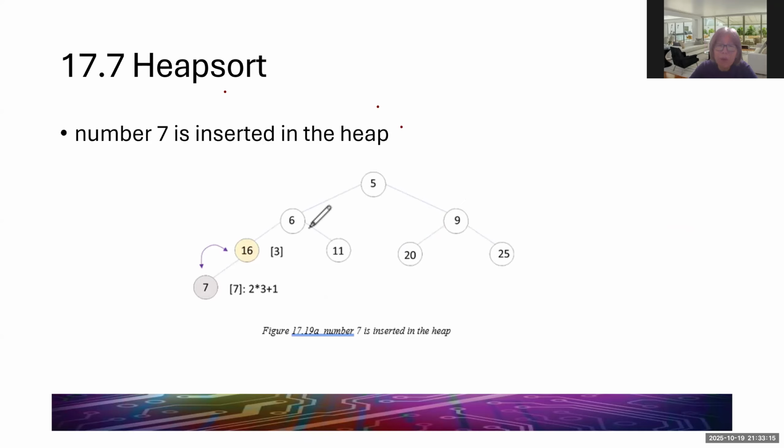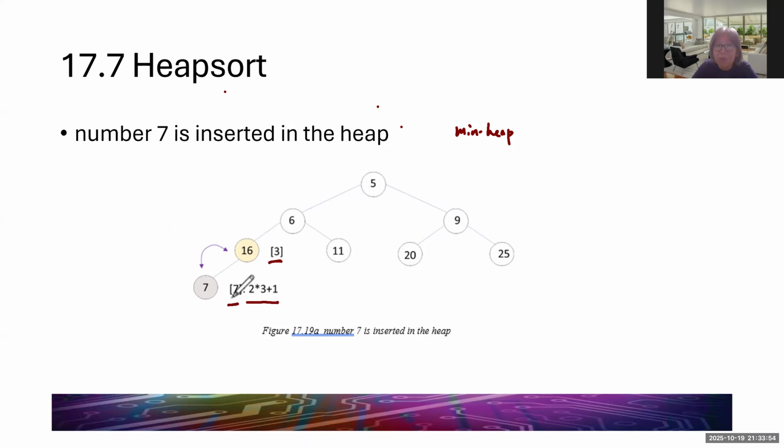Okay, then for an existing heap, if we add a new number, add a new node to the heap, how do we do it? So this is a min heap. Suppose we want to add 7. This is where 7 is going to be added. We also need to meet the condition of filling from left to right at the leaf node level. Then for node 3, it is a parent node, so 2 times 3 plus 1,